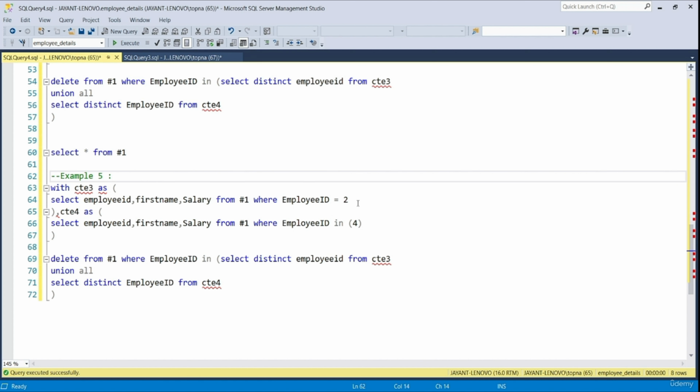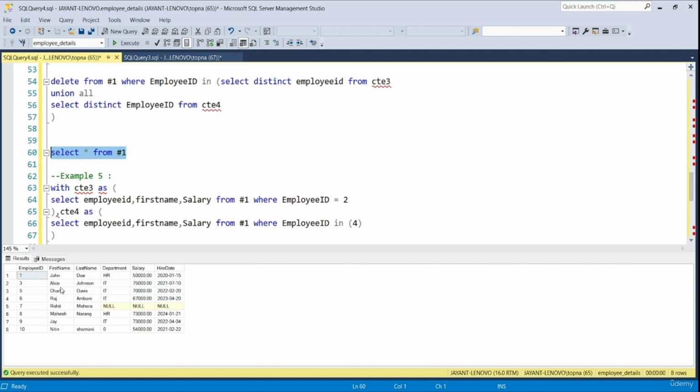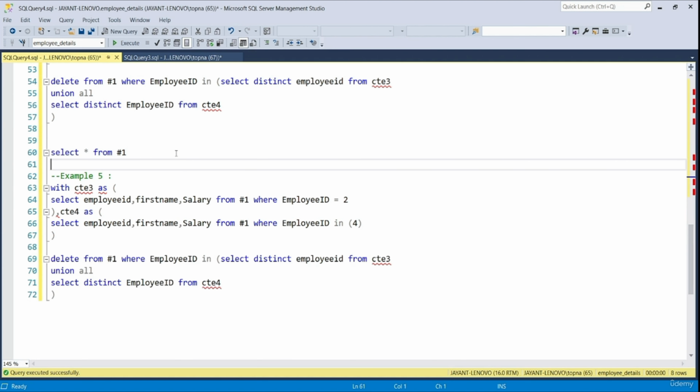Now here, let's change the employee IDs. Let's say first of all, let's select the simple select statement to see the data that we have. So now we are left with employee IDs 1 to 10, leaving 2 and 4. So Control R. Let's say we want that CTE3 should be defined such that it consists of the data for employee ID 9, and CTE4 should be defined as such that it consists of the data corresponding to employee ID 10. Now, let's say we want to write